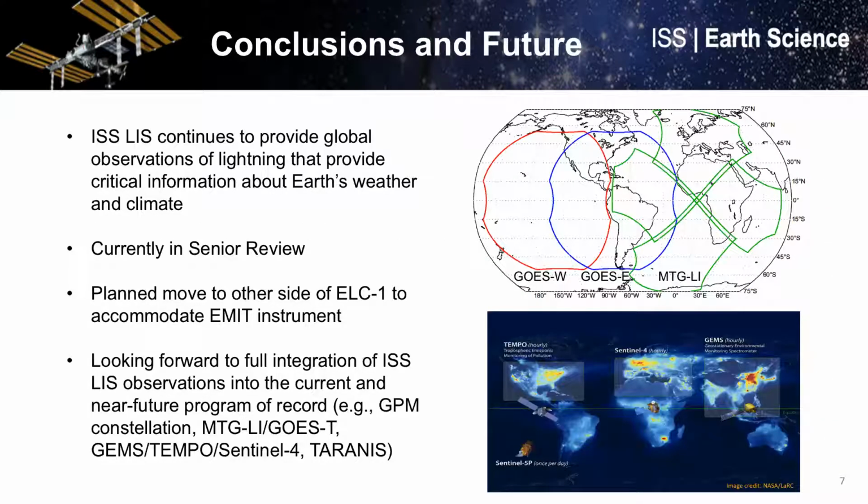So ISS LIS is still up there on the space station. We are part of the senior review process that all our science sensors go through, and we're hoping to pass through that. And if we do, we plan to move to a different part of the ISS to accommodate incoming instruments. But if we continue to operate, we're looking forward to integrating our data into the current and near future